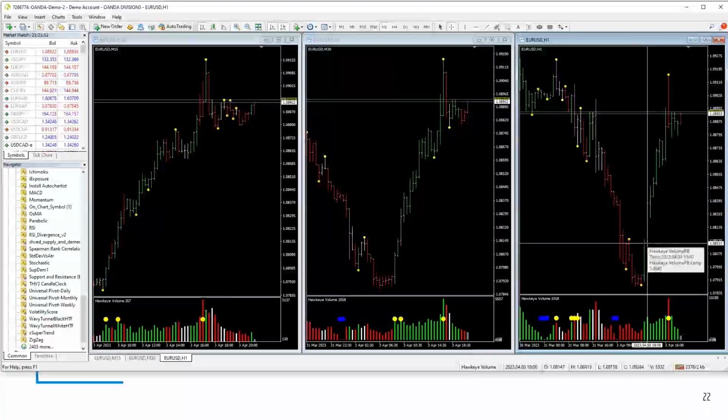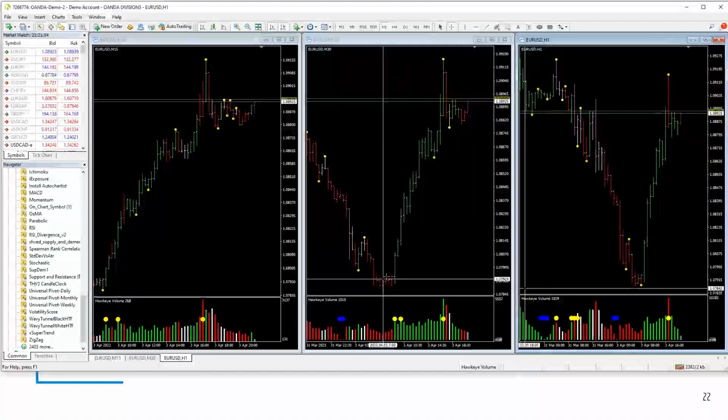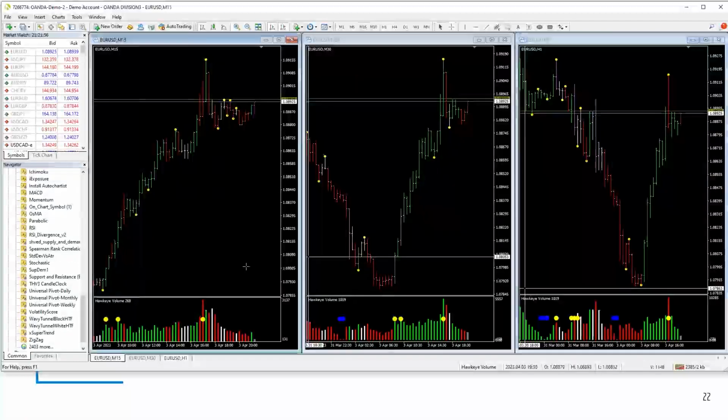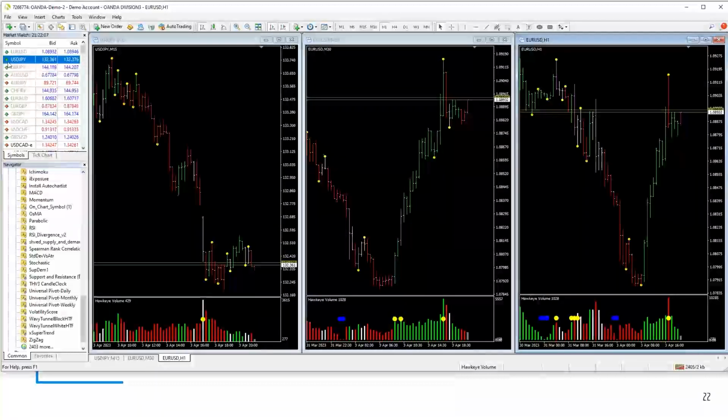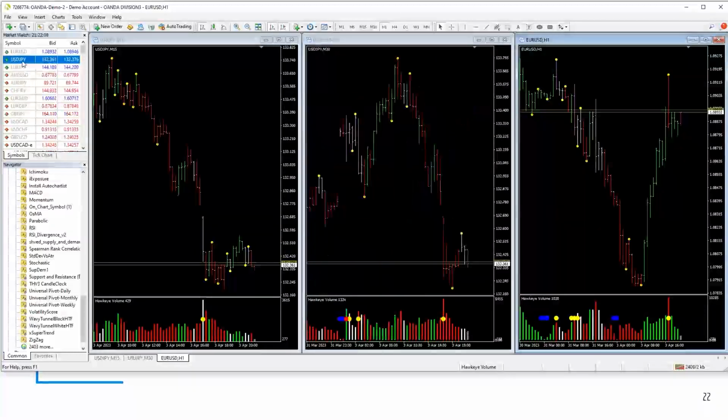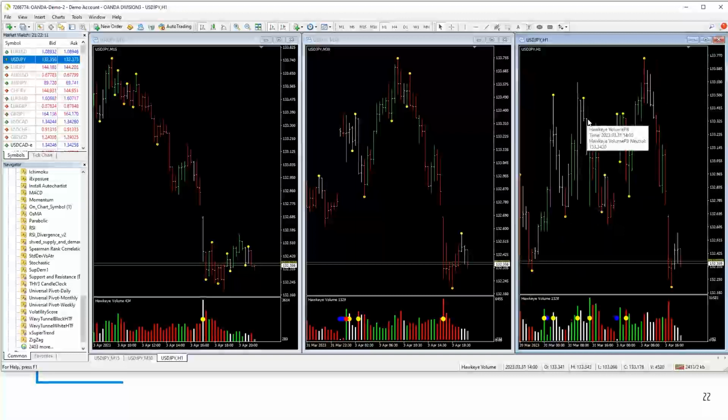So when I get a crossover or a break of a trend, I need to be able to see that it's occurring at the same time on all 3 charts. Also, if I wanted to change the symbol on these, I have to physically drag and drop the symbol onto all 3 of my charts in order to see that.